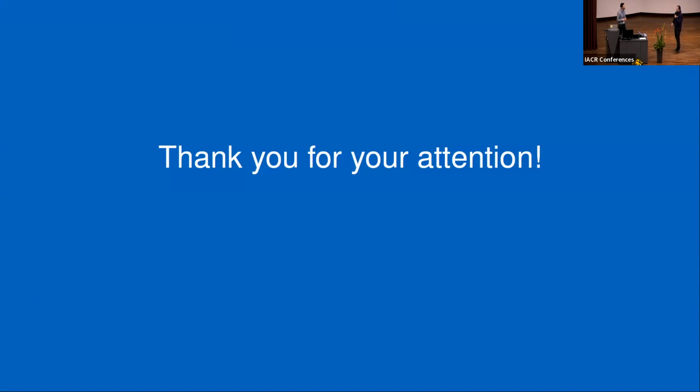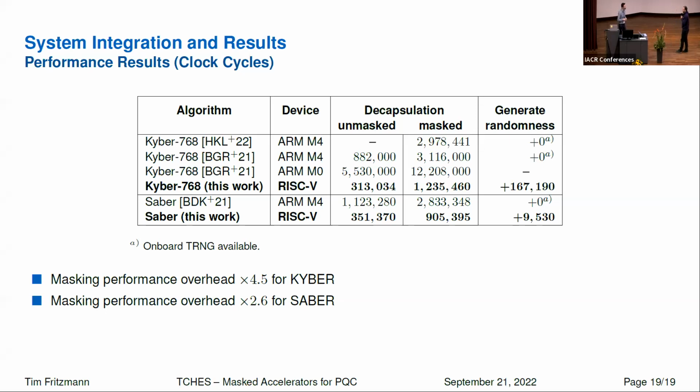showed ARM and RISC-V. Was there any difference, I guess, between ARM and RISC-V itself that impacted, say, the cycle count if you implement the same algorithm, or you'd expect those to be similar? In comparison, we achieved a lower cycle count, but this is mainly as we have a lot of hardware accelerators also. And you can see here in comparison, for example, for the master implementation, we have one.